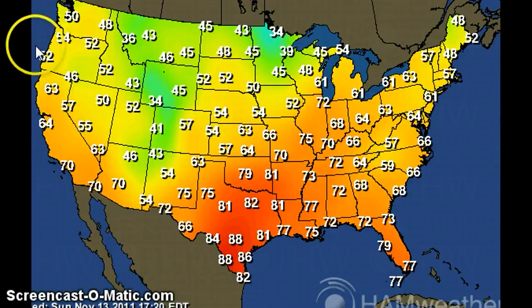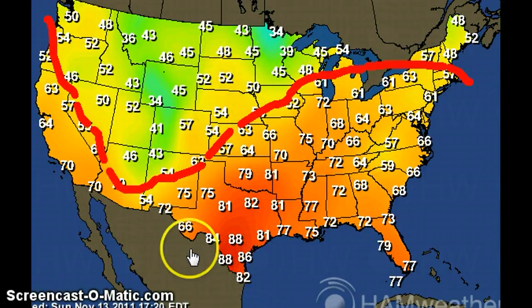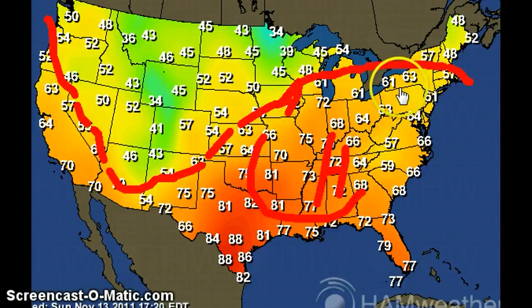So let's take a look at temperatures. You can see where we have the jet stream pulling in here, cold air sitting here in the Intermountain West and Upper Midwest, and the warm air here filtering in to the southeast. A lot of this is due to a high pressure system that's sitting out here, bringing this warm air in, and the cool air back here towards Roanoke and the area coming off of the high around the high pressure